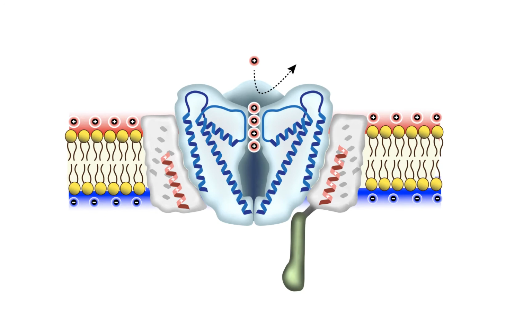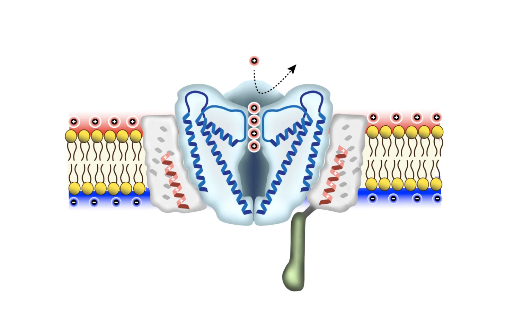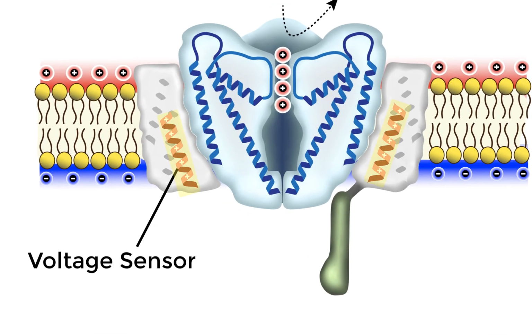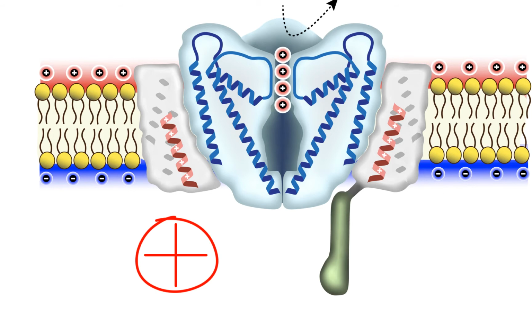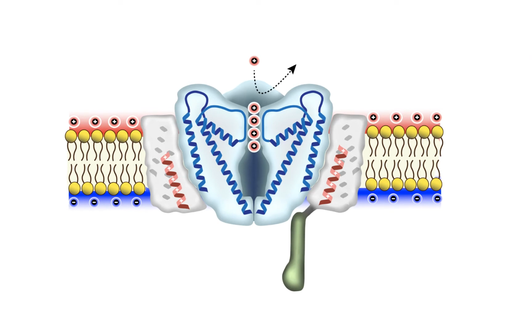First of all, these channels have 4 voltage sensor domains, only showing 2 of them here. The voltage sensor domains are the locations of the channel's voltage sensors. The voltage sensors are transmembrane regions of the channels that are enriched in positively charged amino acids within the primary structure. The presence of these charges makes them sensitive to the presence of a membrane potential or the electrical field